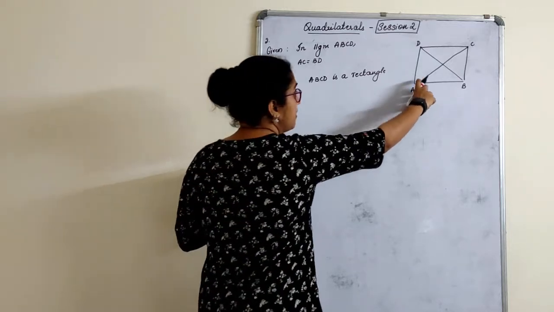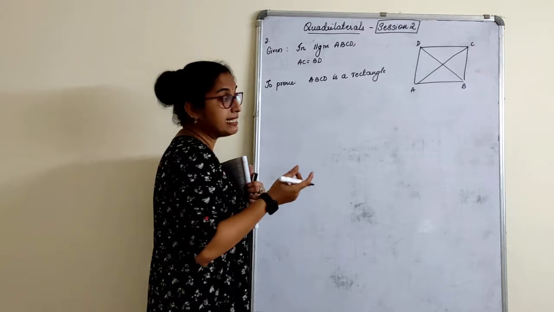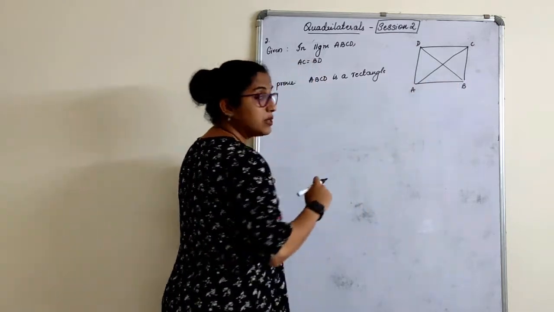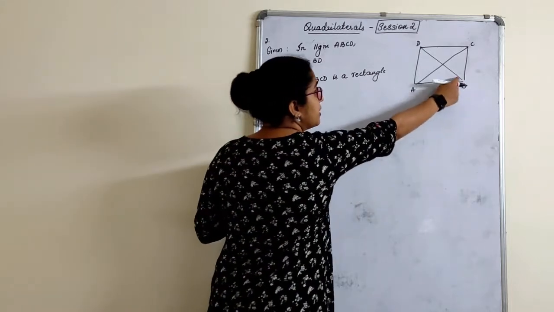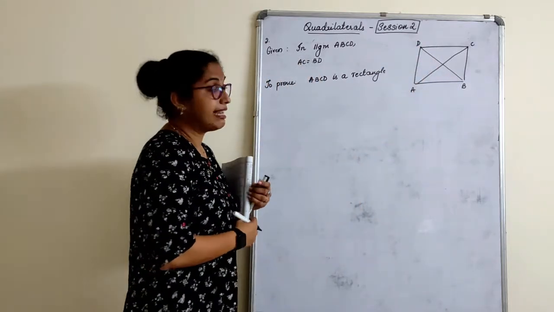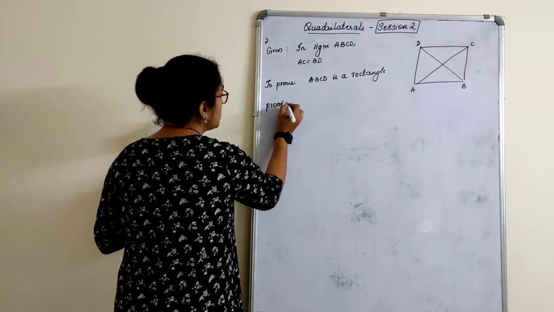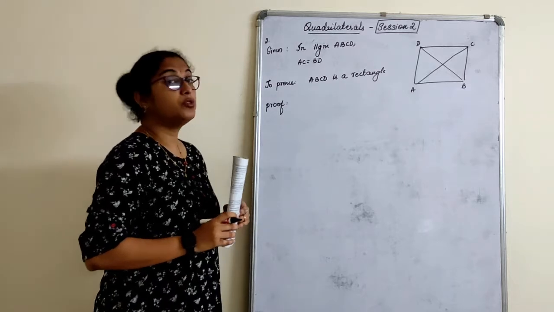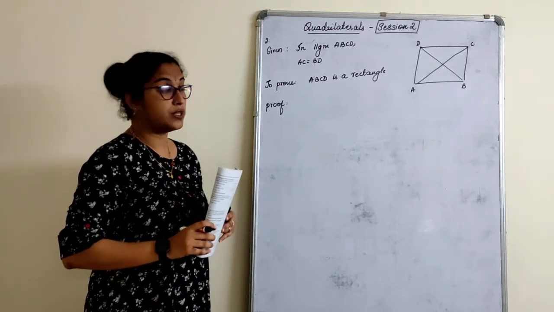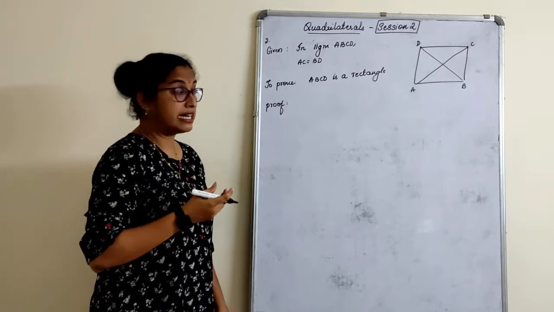How? Example, if angle A is 90, angle A is equal to angle C, 90. Angle A plus angle B is equal to 180, consecutive angles. So one is 90, other is 90. If this is 90, this is also 90. So proof, we can do this only by congruency. Now the question is how to choose the correct triangles for congruency. In this chapter you have to practice more and more, only then you will understand.